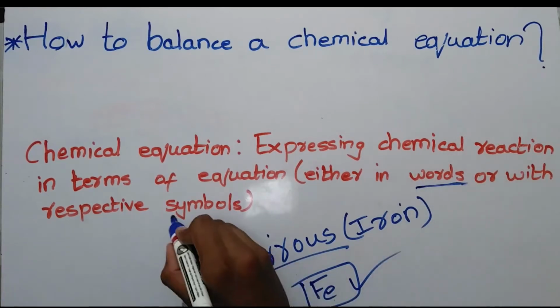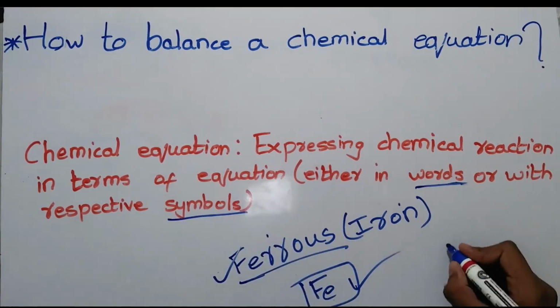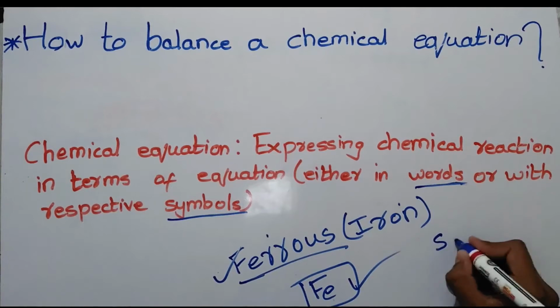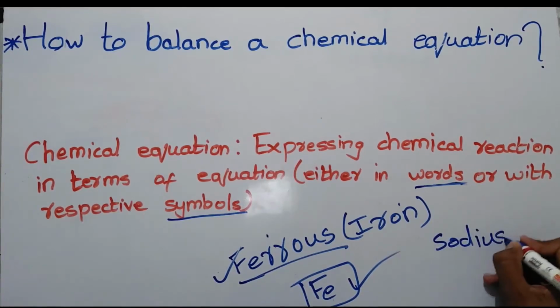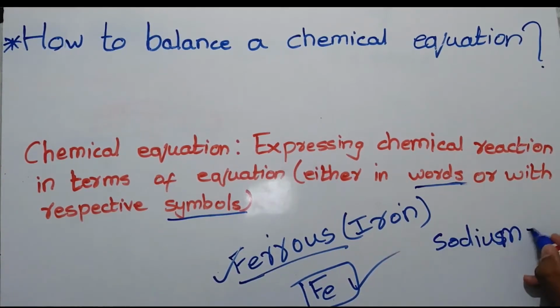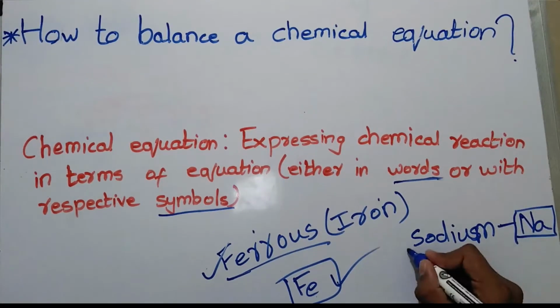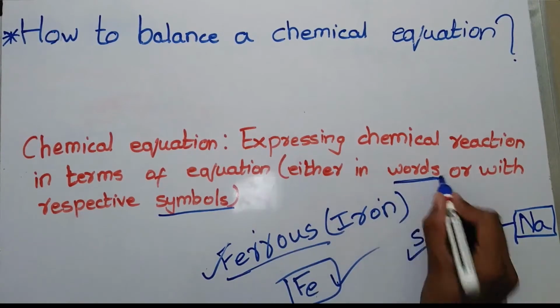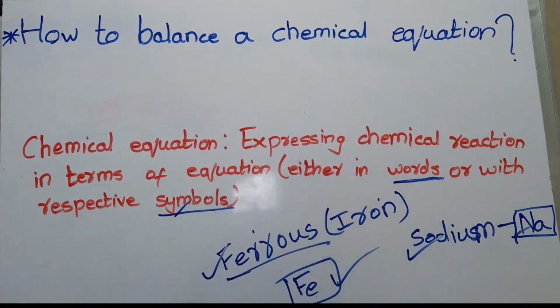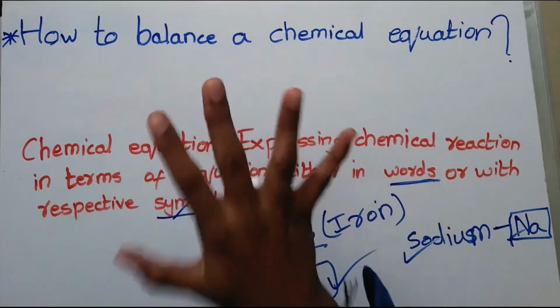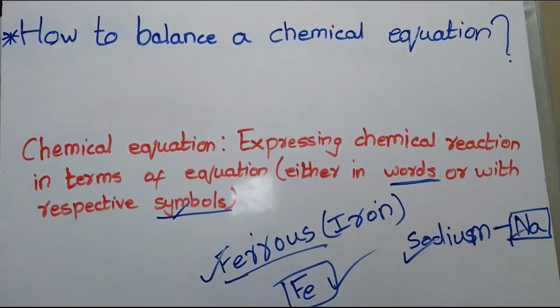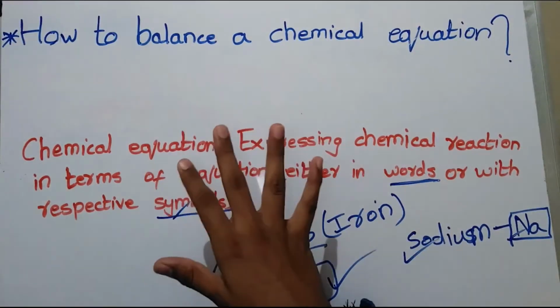Like sodium, it can be written as Na. This is its symbol and this is the word. This is in words and this is in symbols. So this is what is known as a chemical equation, and now we will learn how to balance such a